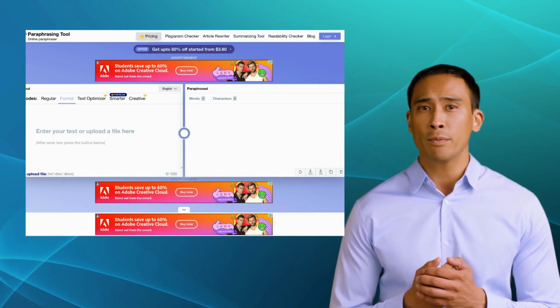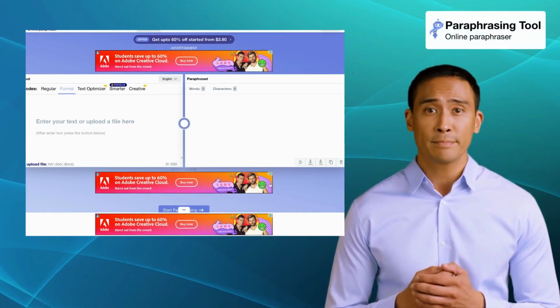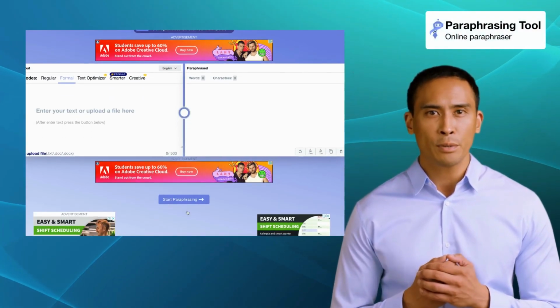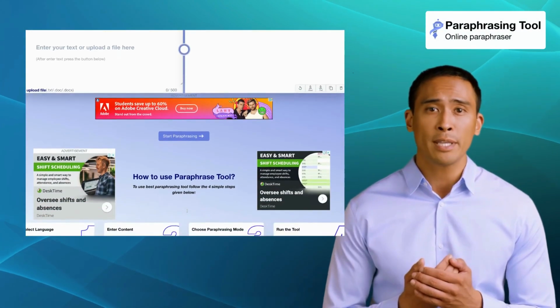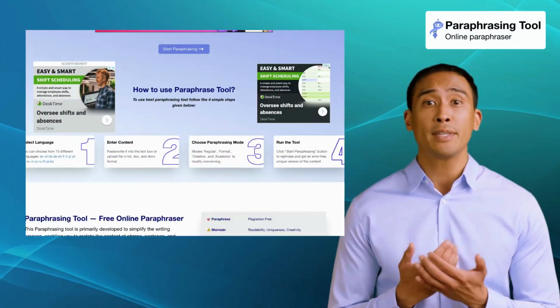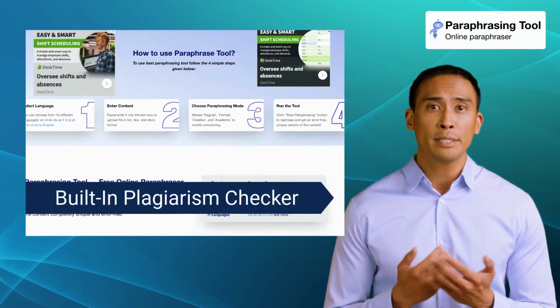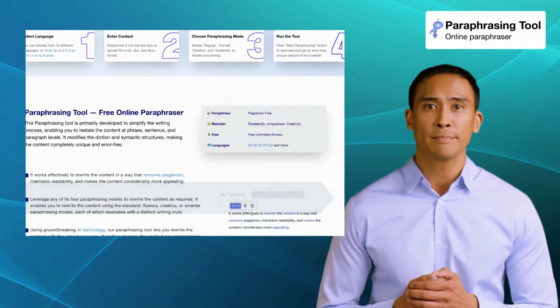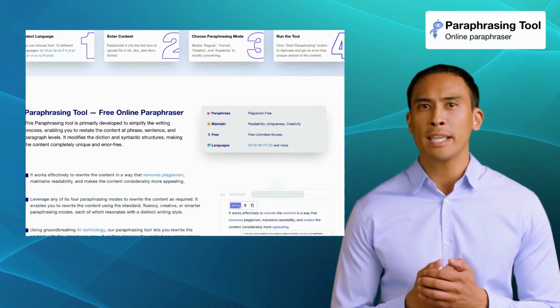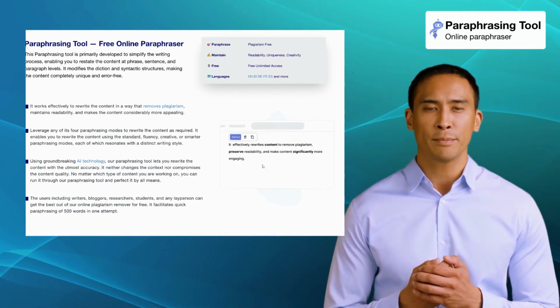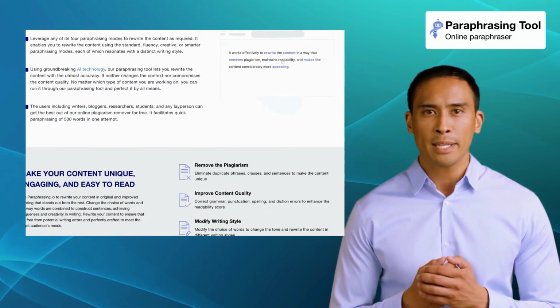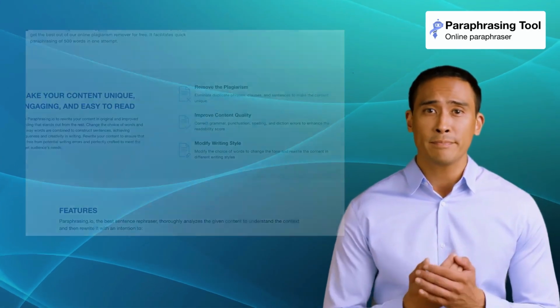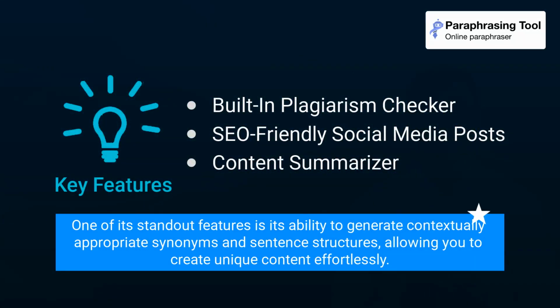Last but not least, we have Paraphrasing Tool. Paraphrasing Tool is an indispensable tool for rephrasing and restructuring your text. It comes with features like Plagiarism Checker, Summarizing Tool, and Readability Checker. Paraphrasing IO utilizes state-of-the-art natural language processing techniques to help you transform your writing while retaining its original meaning. And one of its standout features is its ability to generate contextually appropriate synonyms and sentence structures, allowing you to